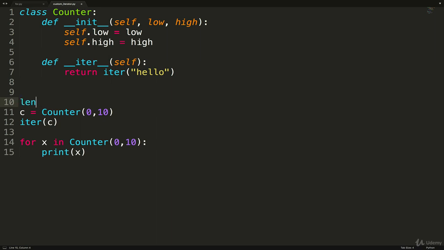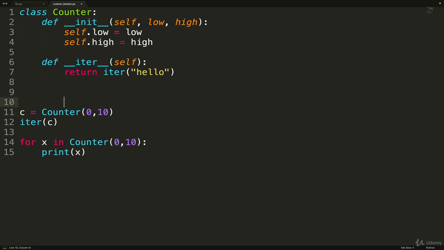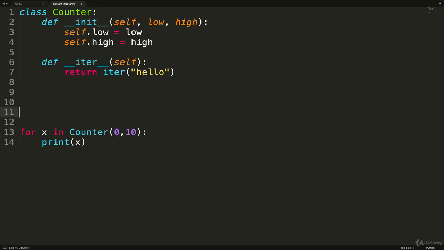We call len, the non-dunder function, but behind the scenes, it's calling the dunder len that is defined on a list or on whatever, a deck or a card. Same thing here. So we define dunder iter, and then when we call iter on a counter, iter behind the scenes calls dunder iter. Very confusing. Okay, so that's what we've done.